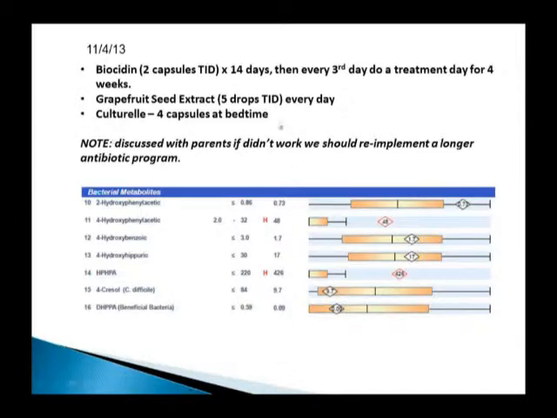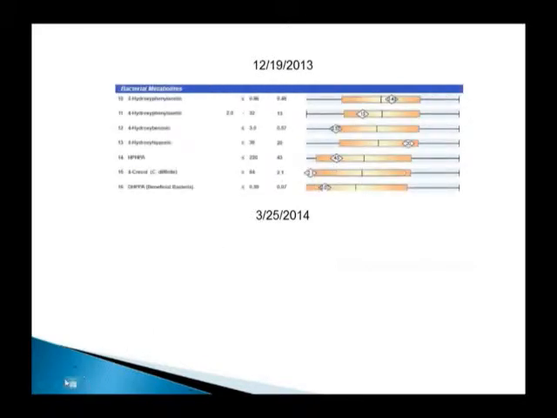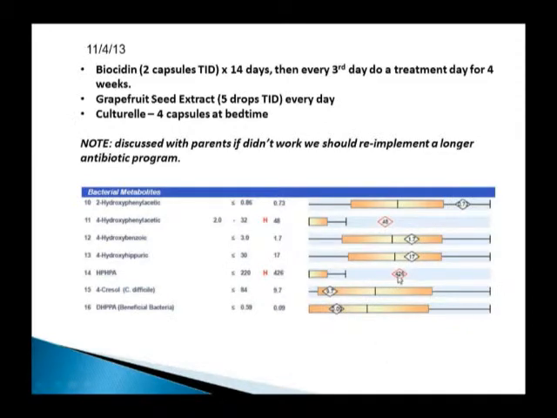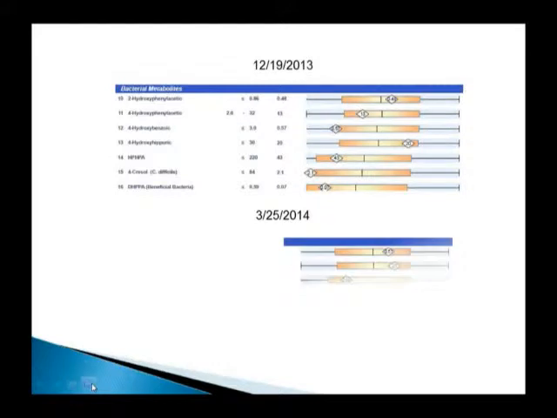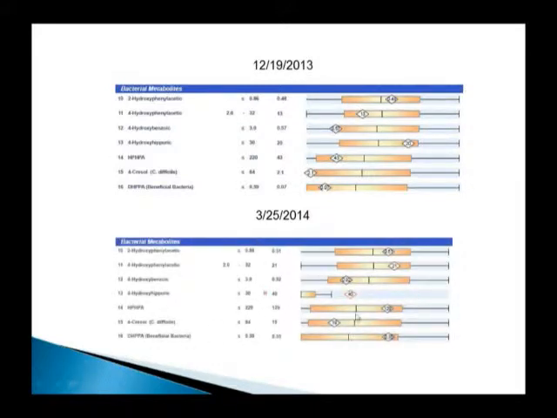And I mentioned to the parents, look, if this doesn't work, we're going to need to implement a longer antibiotic program. Well, it turned out it did work. Matter of fact, the HPHPA, if we go back, was at 426. It came down to 43. So I said, all right, kid was doing better. Let's just retest, okay? Let's retest again a few months later, and sure enough, it still has remained normal. Now, the HPHPA is coming up a bit, but that's a big drop just on using herbs.